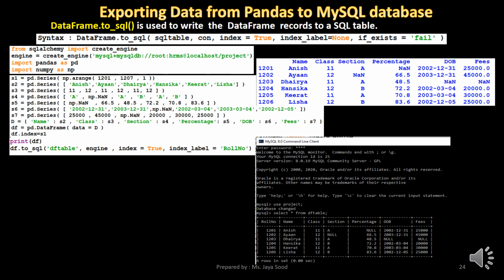We are assuming it to be project. DataFrame.to_sql is used to write the data frame records in the SQL table. The syntax to use the dataframe.to_sql method is as shown here. The first parameter is the name of the SQL table that we wish to create. Con is the connection object. Index is by default true. If it is false, then the index column is not stored in the SQL table. Index label is the heading to be given to the index column. If_exists is by default fail, which means that if a table with the same name already exists, then an